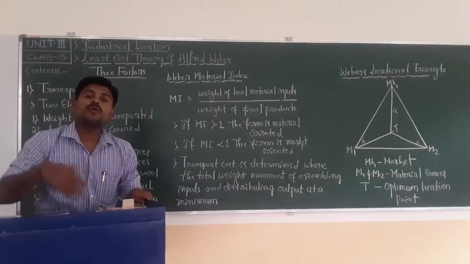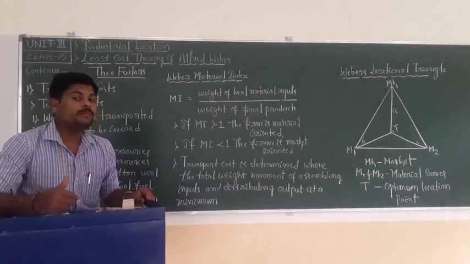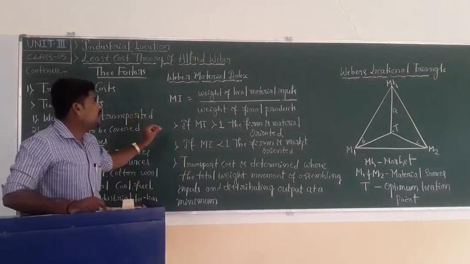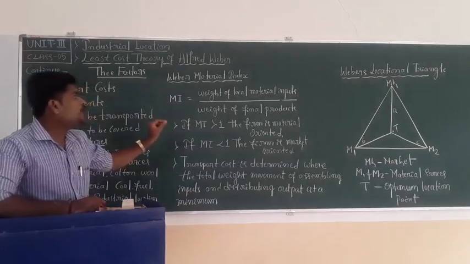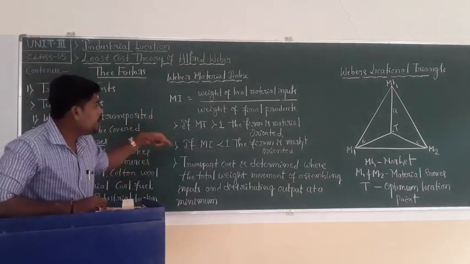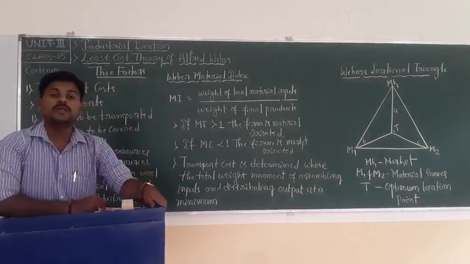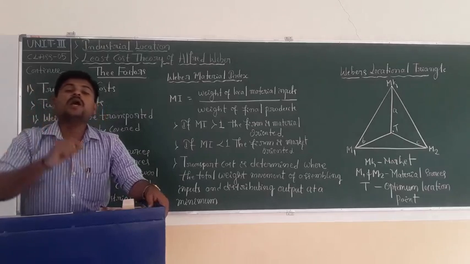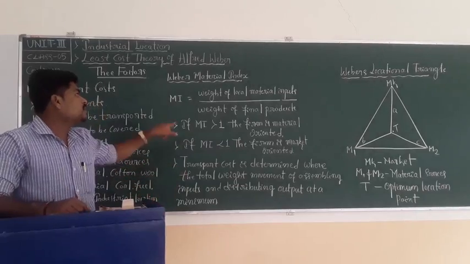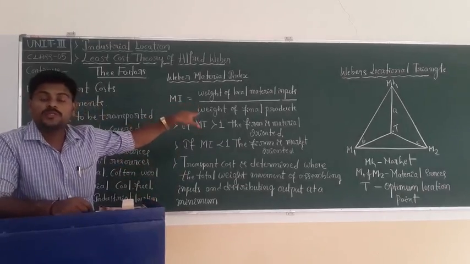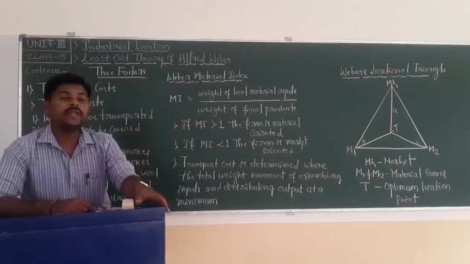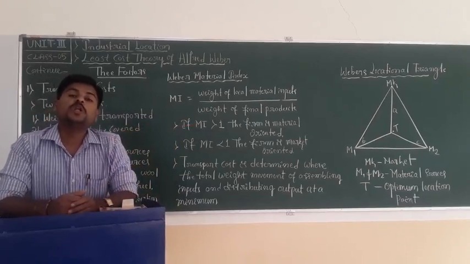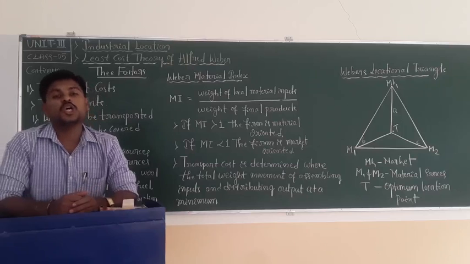What does the Alfred Weber material index explain? According to him, the material index equals the weight of local material inputs divided by the weight of final products. See, the material index equals inputs divided by output, in a simple manner. We get the material index according to Alfred Weber in his production costs